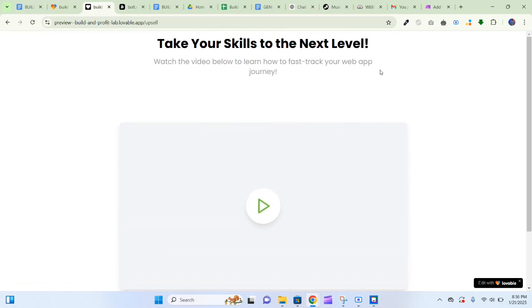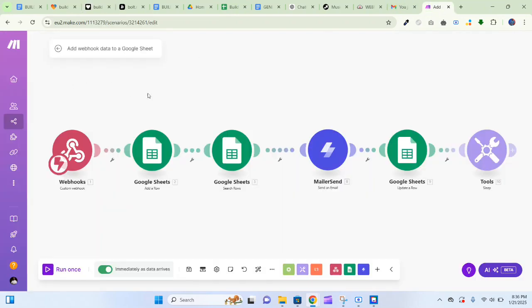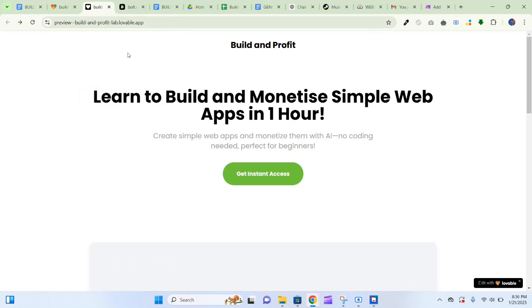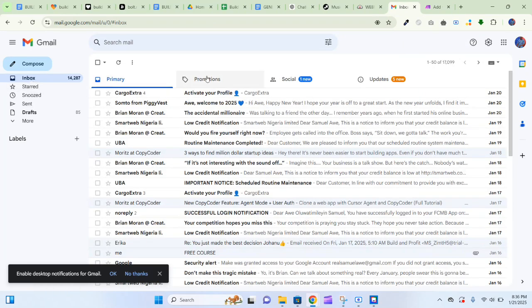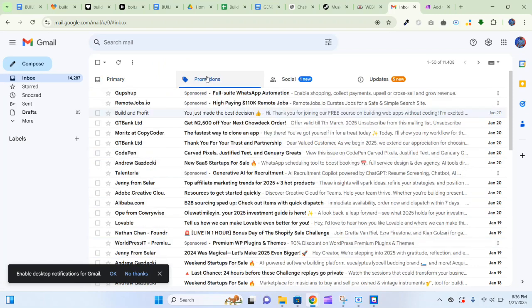And then after this, the thing we need to do is to actually send the information to the backend, which is the make.com, and follow these steps that we've created to send an email to the address the user entered here. So let's actually check if the email was sent. Let's go to the homepage and check the inbox. Let's go to the promotion tab because I'm using the free version of that software, so it might not get into the inbox. So when we check the promotion,